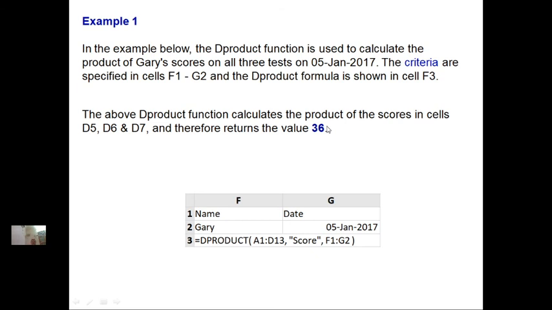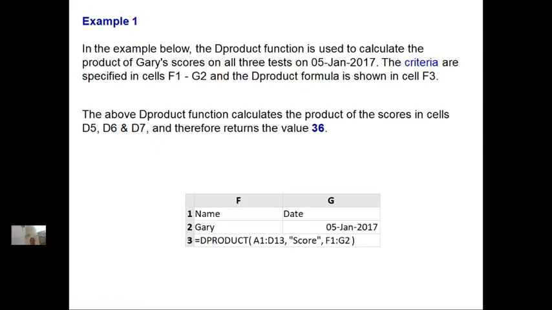Okay students, I think you have understood what the DPRODUCT function is, what its syntax is and how it is working, taking the example we have shown here. Okay, now let us go to the next slide.